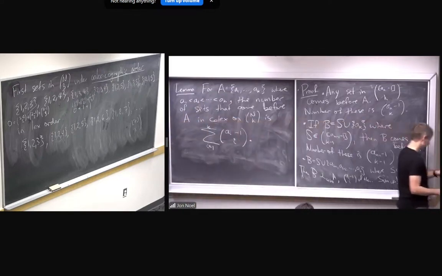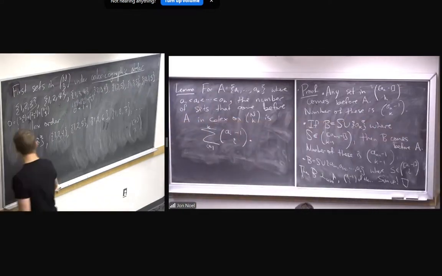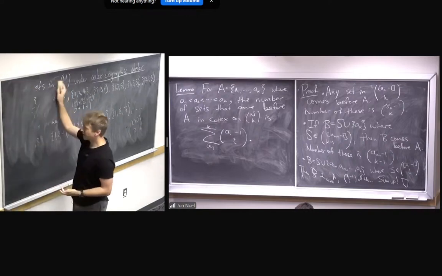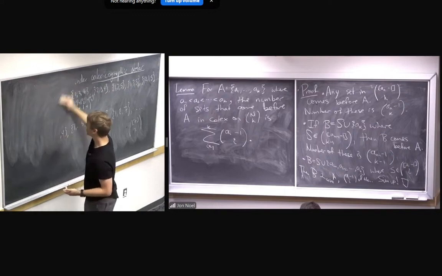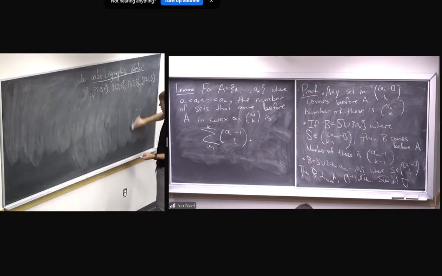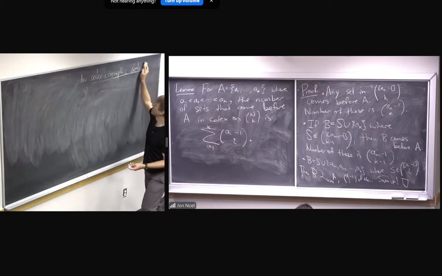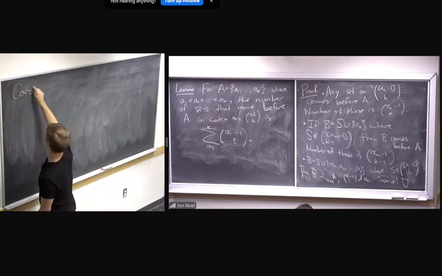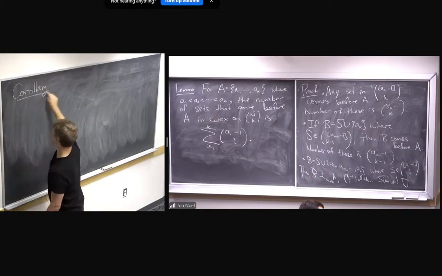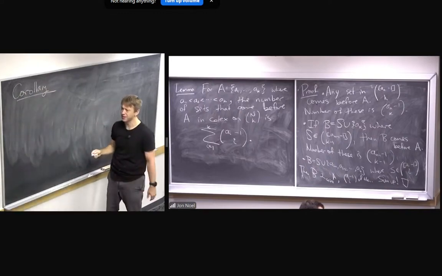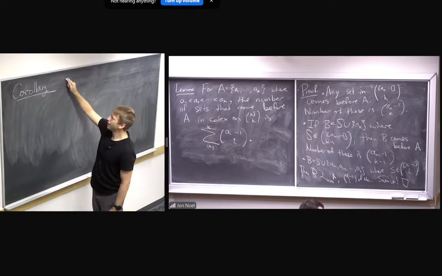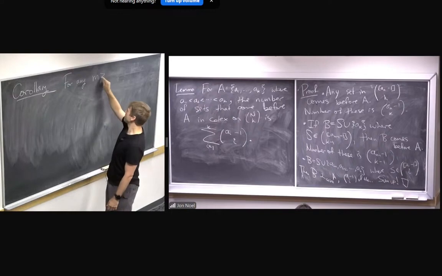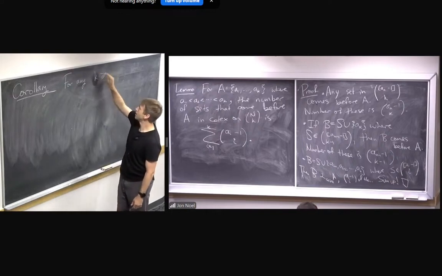So this gives us a kind of weird corollary that we're going to use to restate the Kruskal-Katona theorem. This is just a sort of fact about numbers, a strange corollary. So for any k at least 1 and m at least 1,